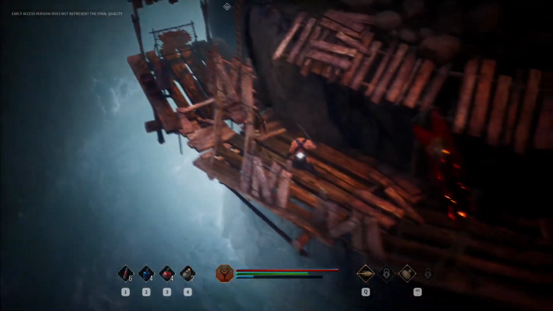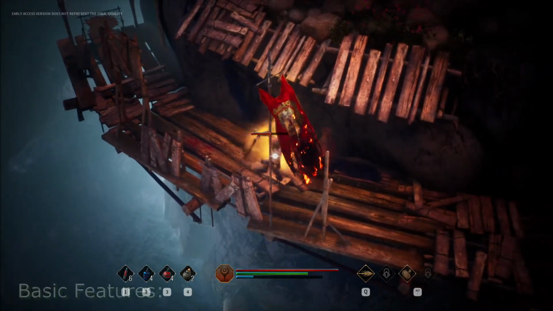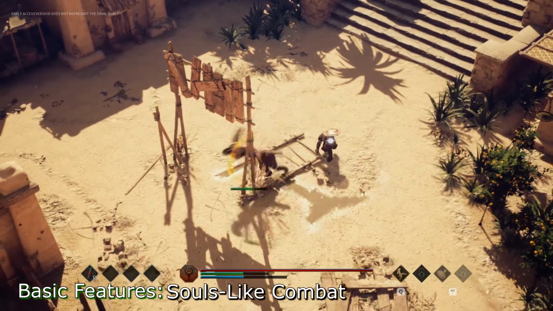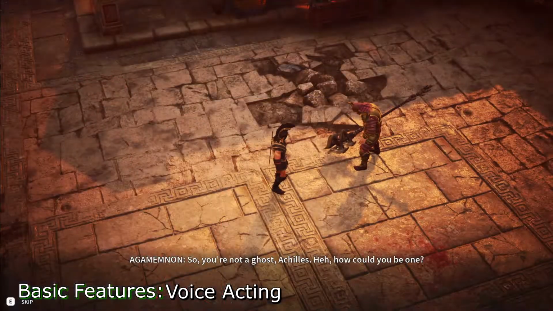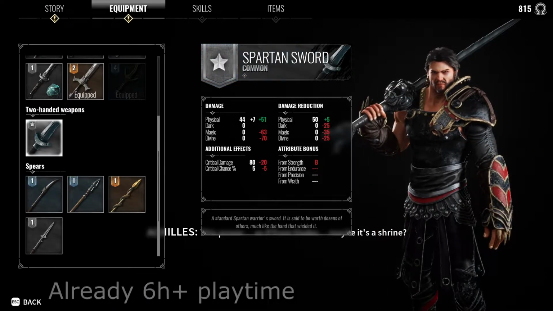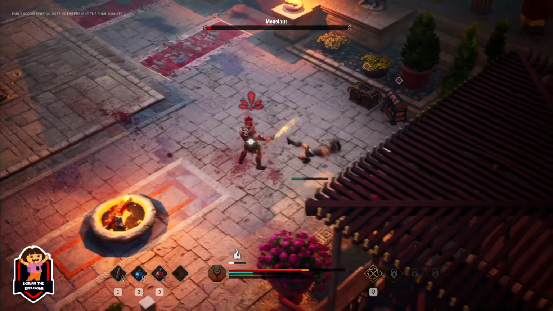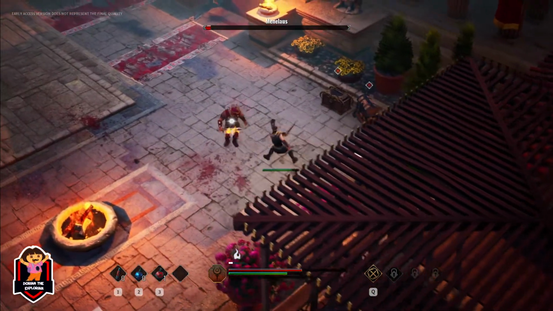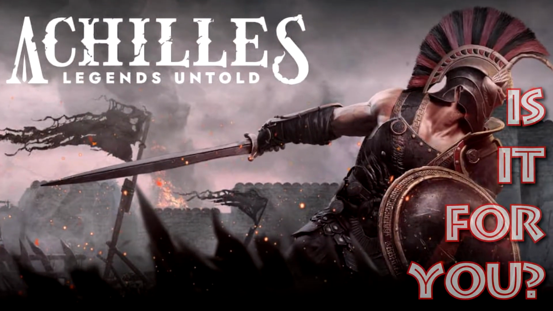Achilles, Legends Untold is a gorgeous looking isometric action RPG currently in early access, with a focus on the combat, customizing the legendary Greek hero, interacting with the completely voiced characters, and choosing between a decent amount of different weapons. After reaching the end of the current early access storyline and enjoying it quite a bit, I invite you to pour yourself an ice cold glass of nectar while I help you answer the question: Achilles, Legends Untold, is it